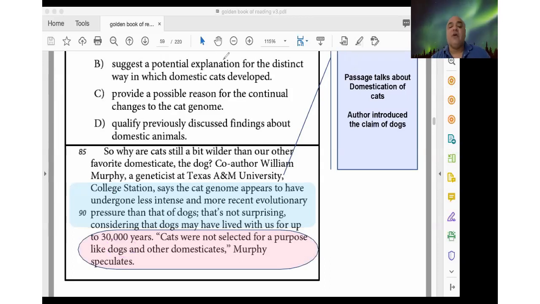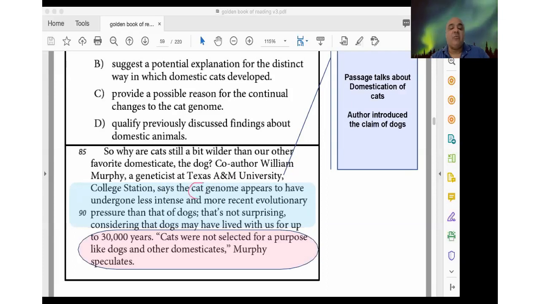So dealing with a passage, first we need to know it all talks about the domestication of cats. And the only animal that has been mentioned in the passage is a cat. So let's read the spot around the quotation mark, as it's at the end of the passage. We'll need to read earlier before it. So reading at line 88, it says